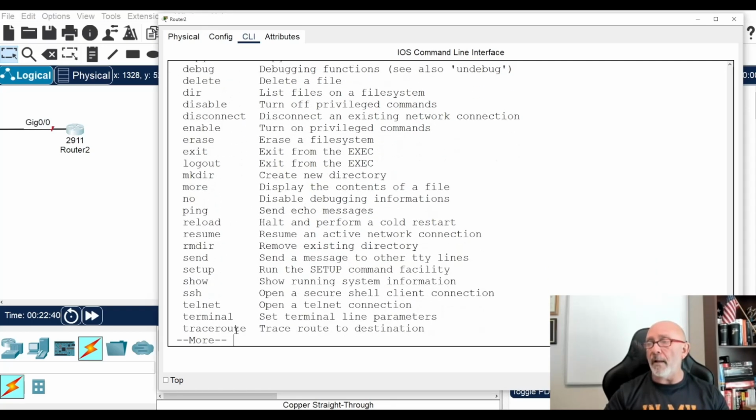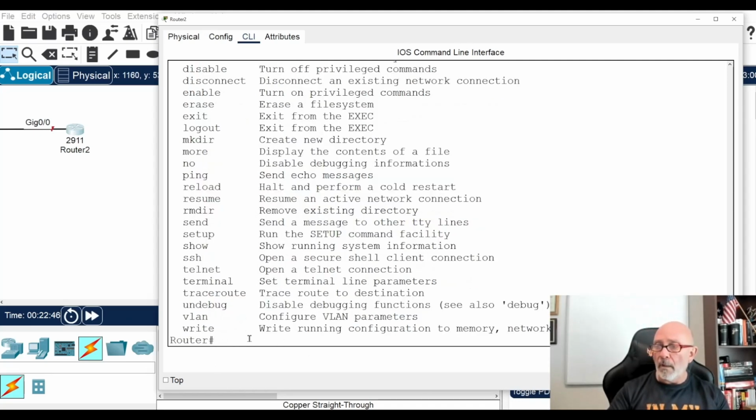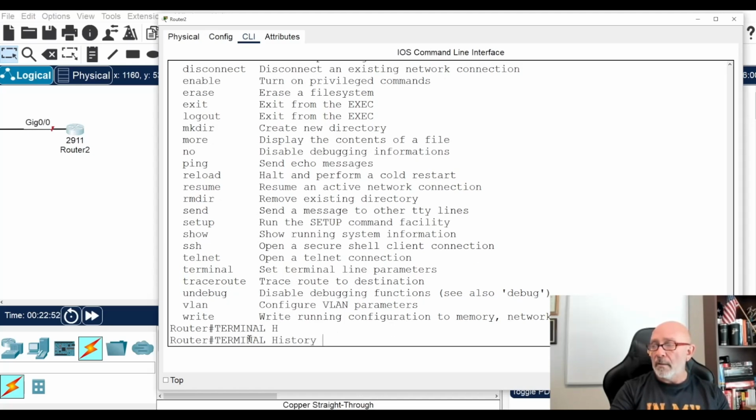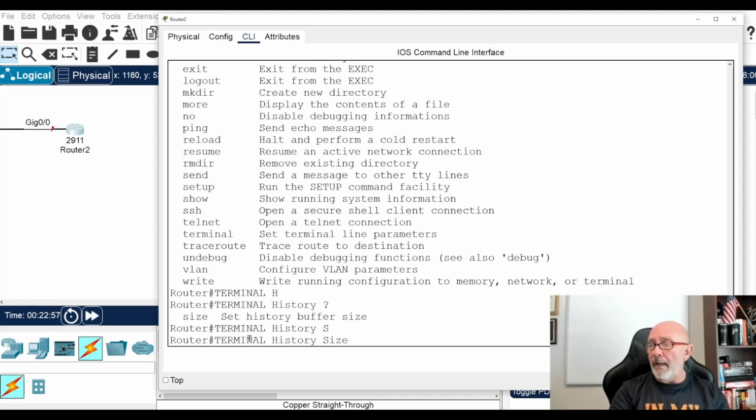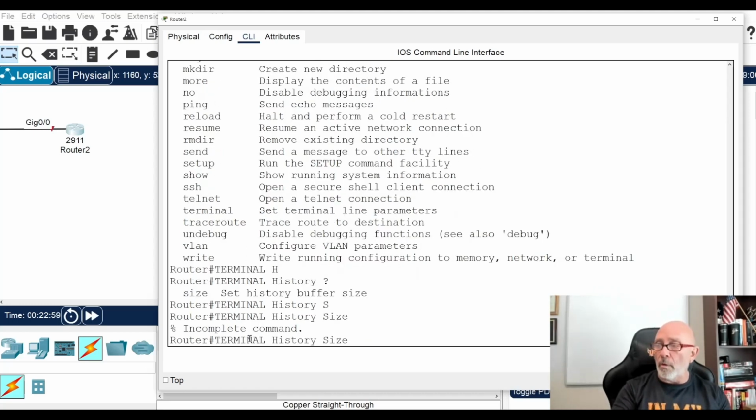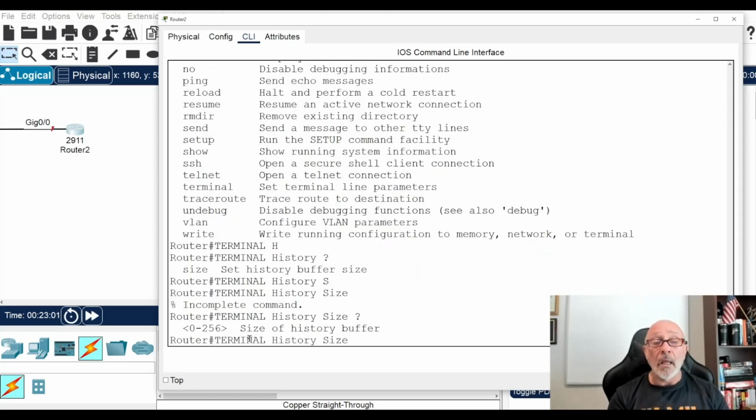Is it here? Yeah. This guy right here, terminal history. So what you do is you'll type terminal history size, right? Yeah, size. All right, and what? So what you're going to give it is, in order to configure quicker, you want to remember in whatever